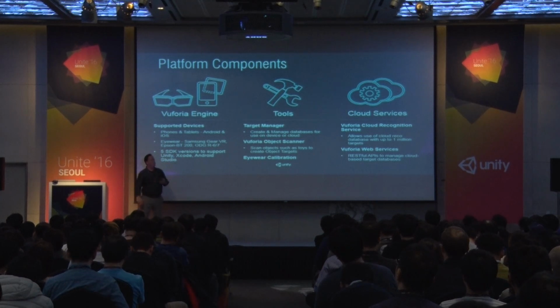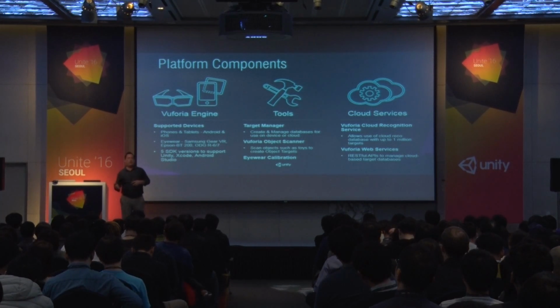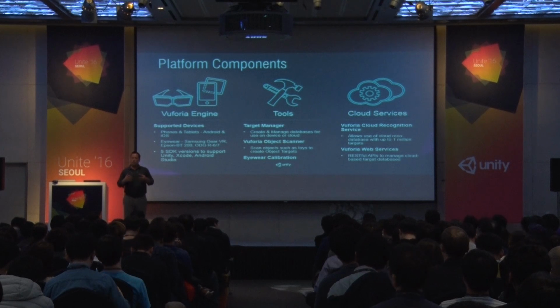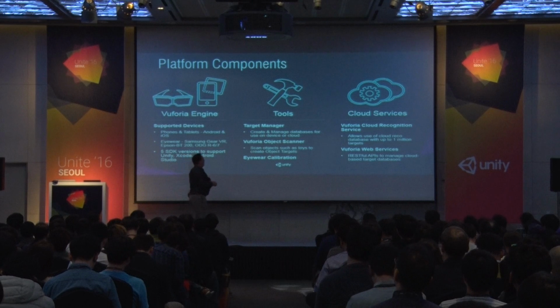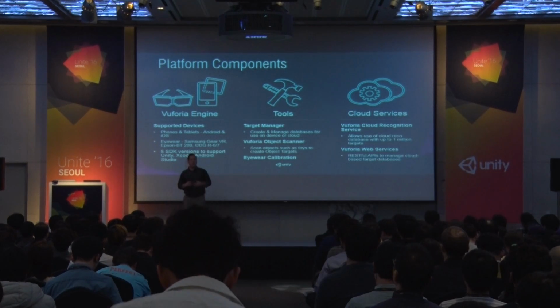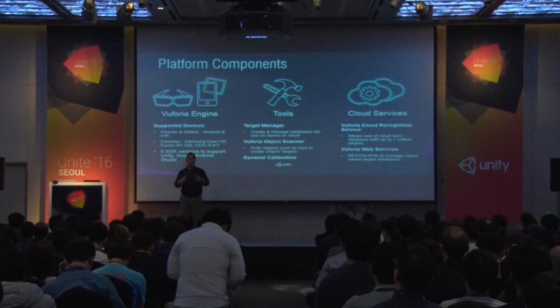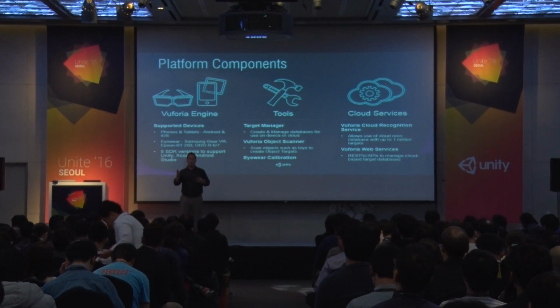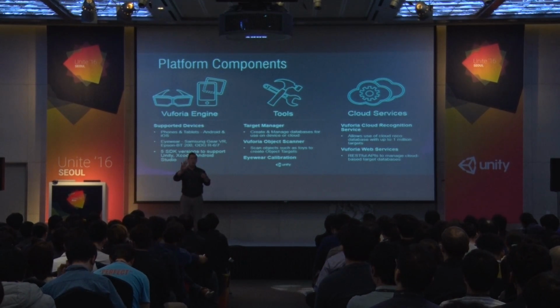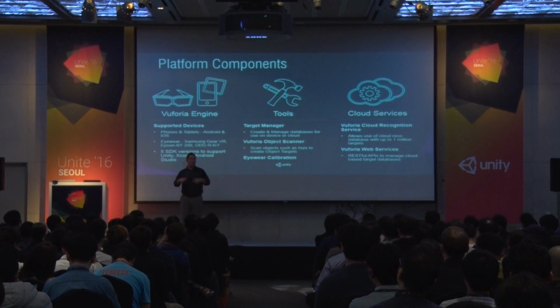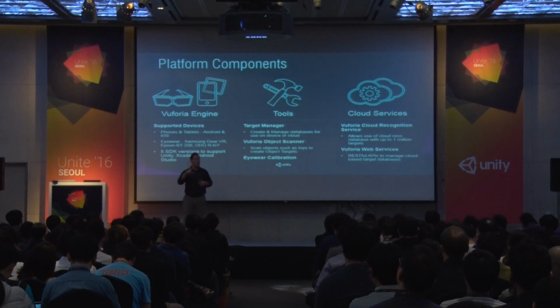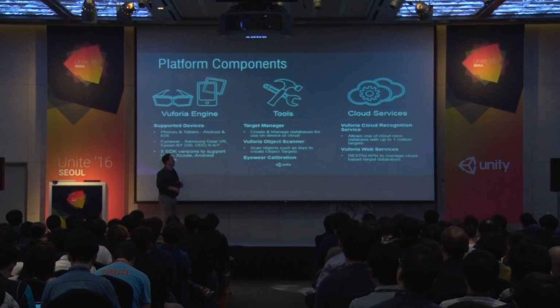Android and Xcode, we provide C++ and also Java APIs for native development. So you're really developing directly with the system. For our tools, again, the Target Manager is an online tool that you use to create target images and also object targets. You upload the target, it gives you an ability to evaluate it, it shows you what features it can see. And then you can package them together into a database that either you deploy on the cloud service, or you can download and actually embed into your application so that all of the images are local in the application, which makes it very, very quick to recognize them.